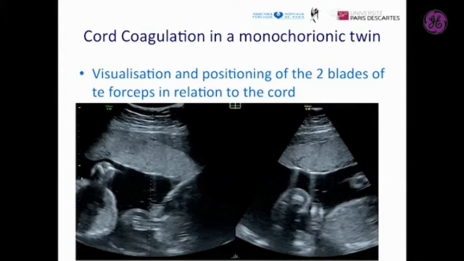Another and even more difficult procedure, because it's a matter of life and death for the second twin, is the grasping and proper coagulation of the cord of one monochorionic twin when it endangers the whole pregnancy and the life of the co-twin. So grasping the cord with a forceps under ultrasound in only one plane has been difficult for